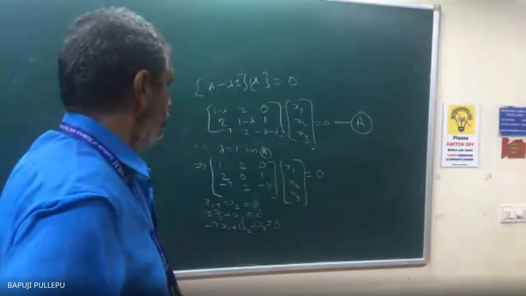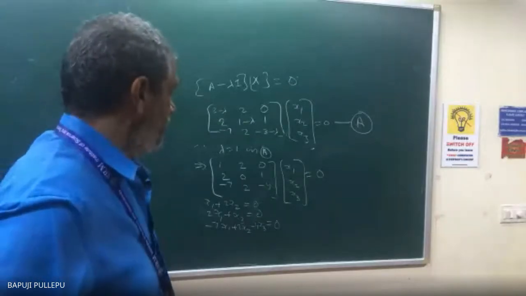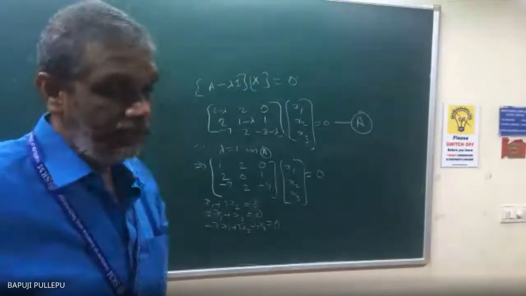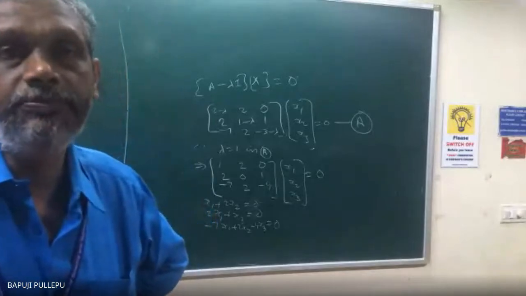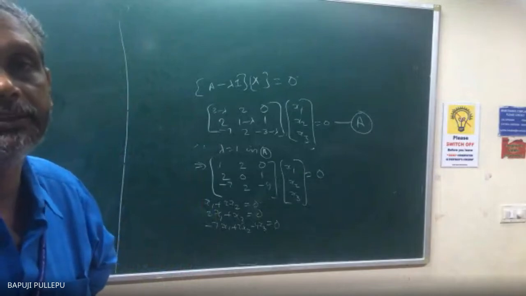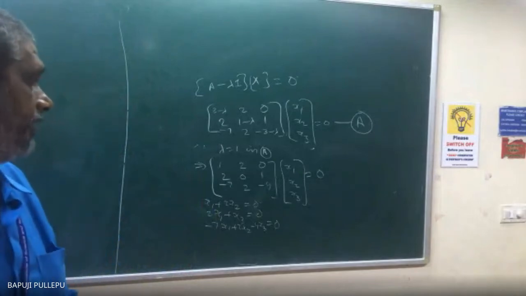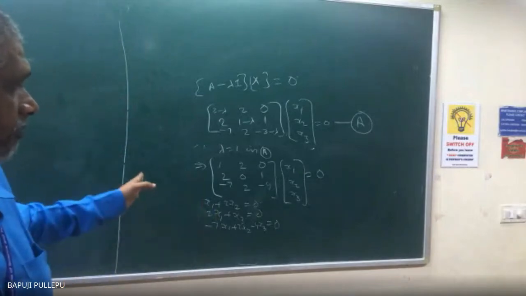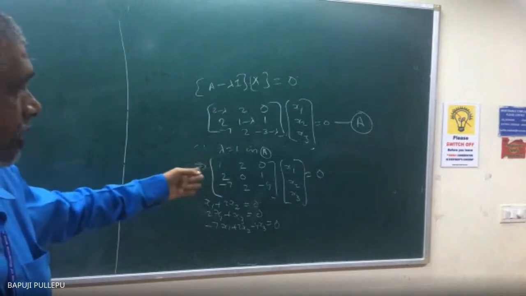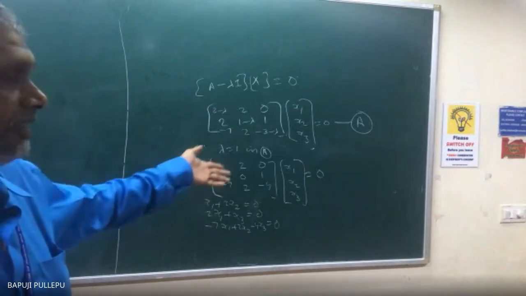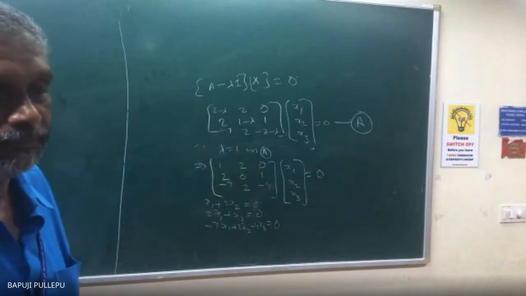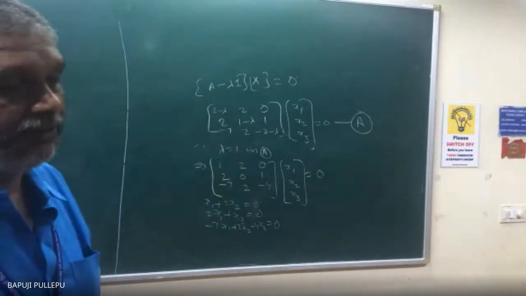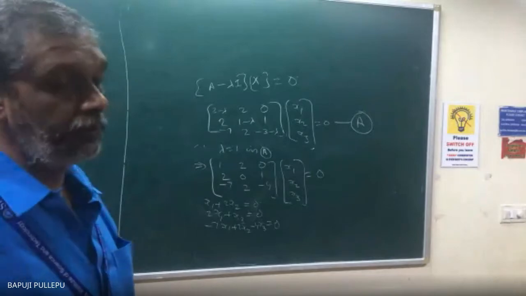Here how we will do is what? Take any two different equations. If you take the same equation, you cannot get it, obviously you will get x1 0, x2 0, x3 0. Why, I will tell you. Suppose x1 plus 2x2 is equal to 0, another equation 4x1 plus 6x2, both multiples of the first equation, don't take those. You always take different equations. Here three are different, no problem.